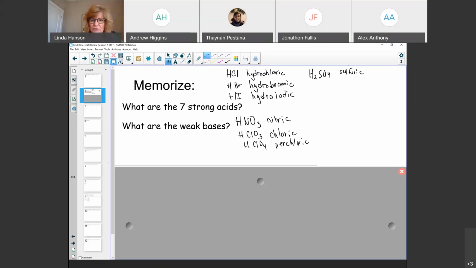So if I know those 7 strong acids by name and by formula, I'm able to do so many things, such as categorize, is this strong, is this weak? I can label conjugate pairs. I can calculate pH directly from the concentration of the acid, just simply knowing that it's strong. So very critical to put those in memory, the 7 strong acids. Then we can talk about